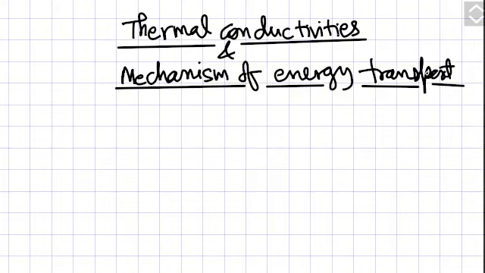So welcome students, today we are starting module 4 and it is, as you can see, thermal conductivities and mechanism of energy transport. When you have studied the mechanism of momentum transport, now your module 4 and module 5, that is module 4 deals with heat energy and module 5 deals with mass transfer. These two modules will become easier because now you know what is cell momentum balance and how to use those differential equation tables from the appendix.